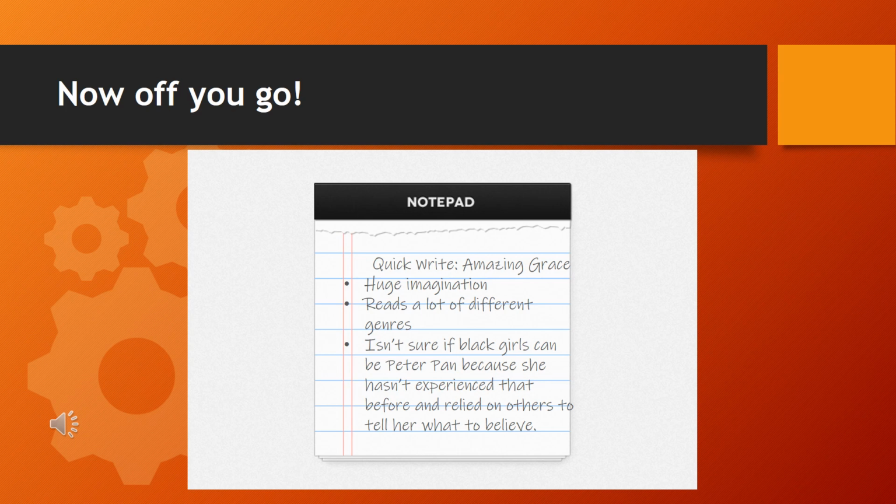And Grace isn't sure if black girls can be Peter Pan. She hasn't experienced that before. So far, she's relied on others to tell her what to believe. So she has to prove to herself that that is right or wrong. Now off you go. Do your own quick write, answering all of the questions. I've put the template with the questions in your assignment on Teams.